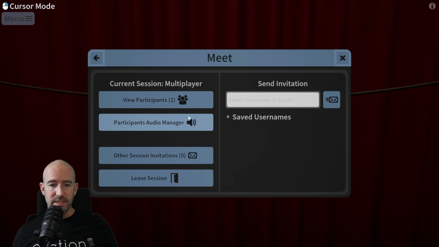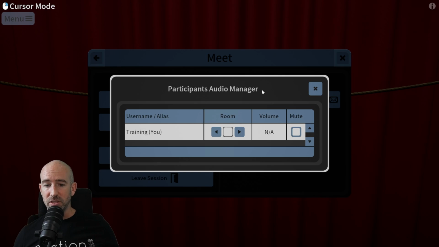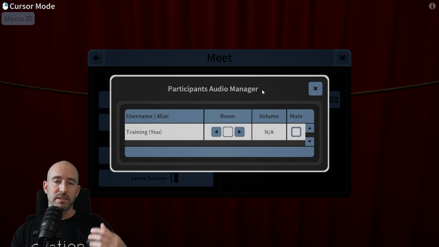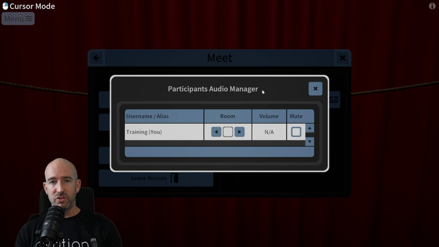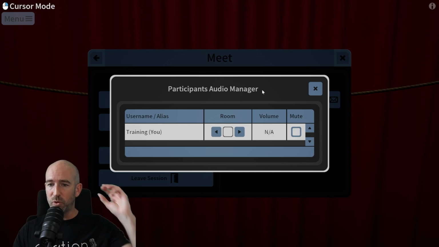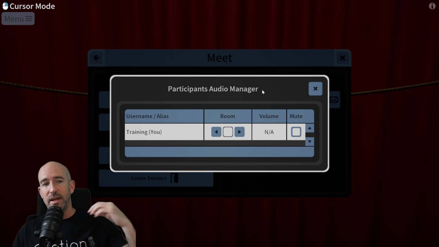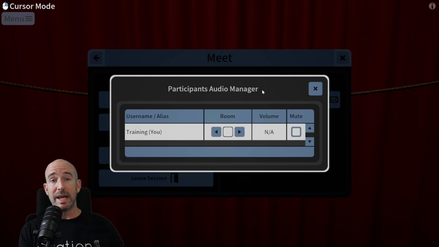Now, going back to this menu here, the participants audio manager. Now, this is important. In organizations, particularly in universities, they will have a multiplayer session where the two people in the multiplayer session are in the same room together. They're right next to each other. So someone might be in a VR headset and another person is next to them on a laptop using Ovation